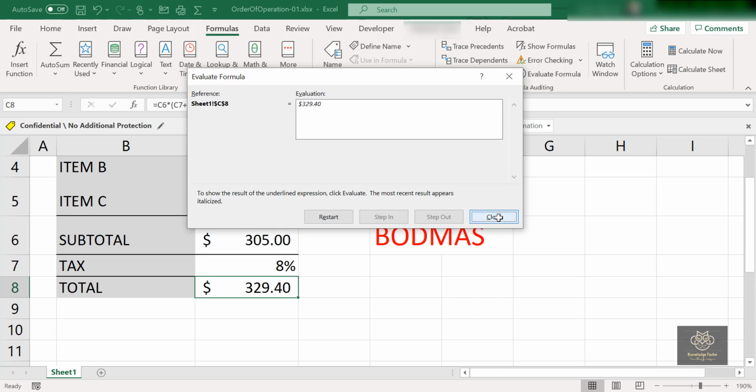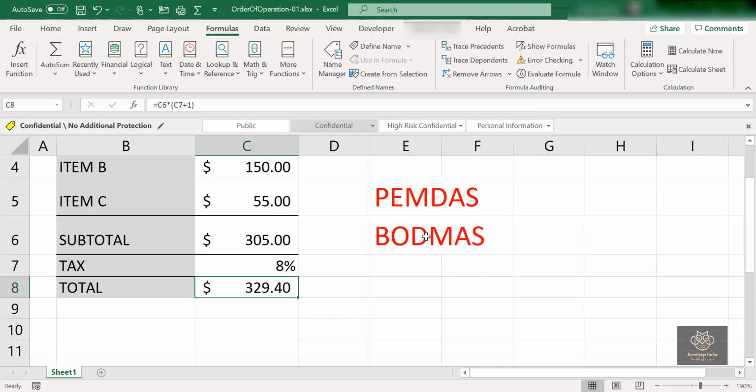I'll close it here. Again, as long as we understand what we want to have happen, Excel does the math for us, but we need to be aware of the order the operators go through. Just remember that: parenthesis, exponent, multiplication, division, addition, and subtraction. Try it out. You can download this file, order of operations 01, by the provided link in the description of this video, and you can try it on your own.